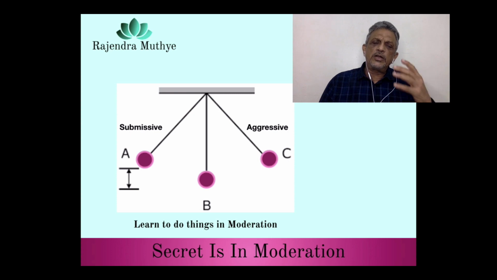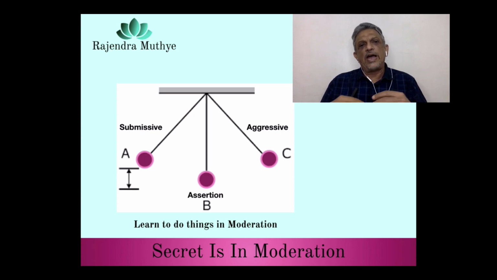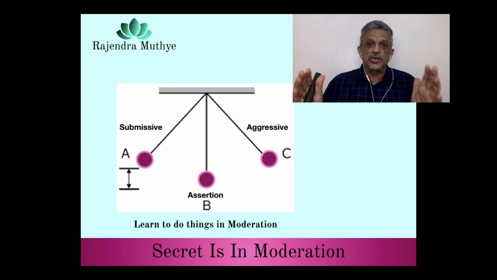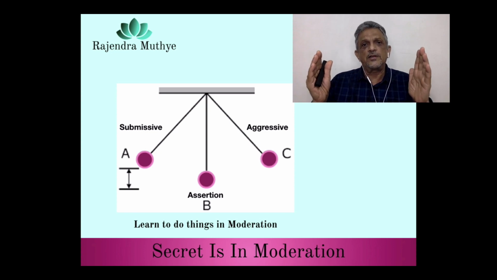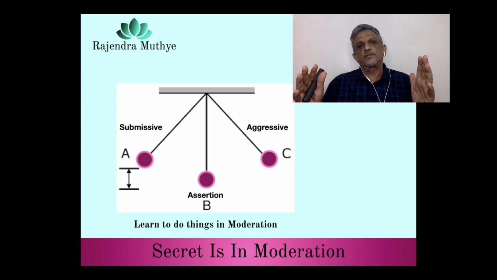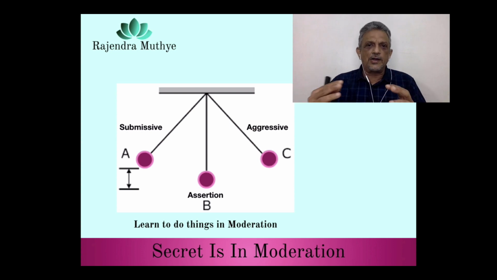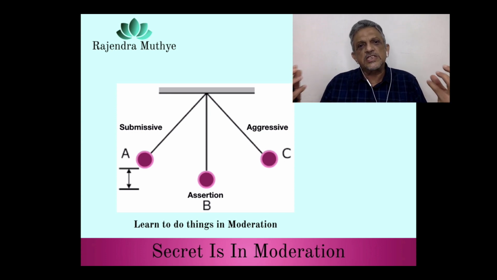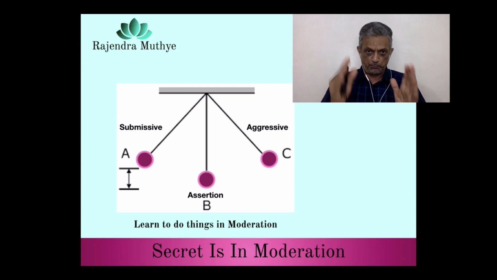So really, what is it that I am talking about? If I am neither submissive nor aggressive, only then can I be assertive. Assertive is taking a stand for what I think is real without making the other person right or wrong. Now this is an art that you have to develop. The middle path is an art. How can I develop that? I don't have to be submissive, I don't have to be aggressive. Once I give up being submissive and aggressive at the same time, the only choice left is to be assertive.